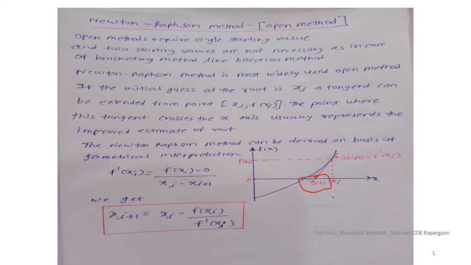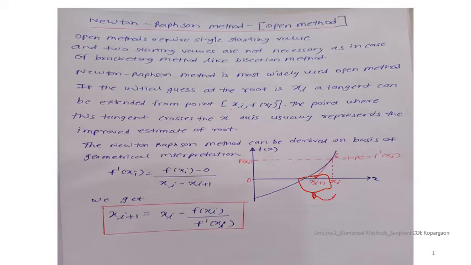Okay, so what is shown in this diagram is xi. Let us say you draw a tangent to this curve at this point. It will intersect the line at xi plus 1. Now in the Newton-Raphson method, this xi plus 1, that is this new intersection point, is your next approximation. You start with xi and this is your next approximation.